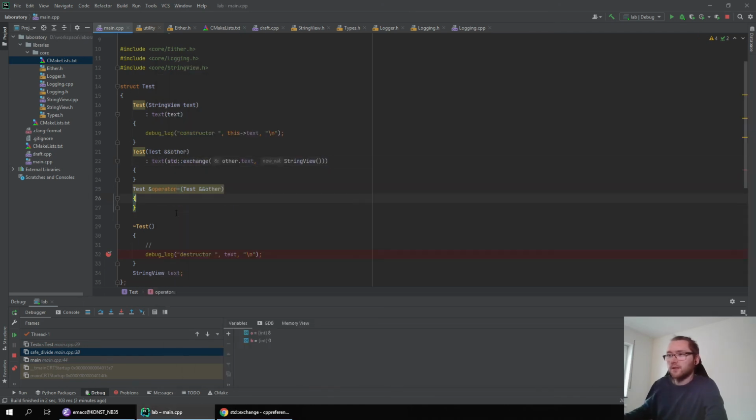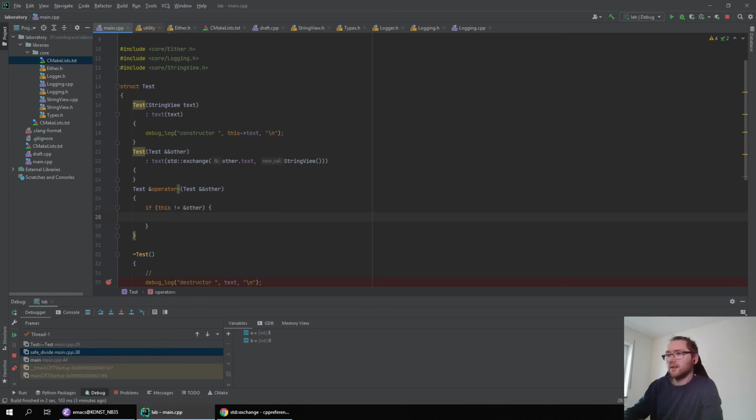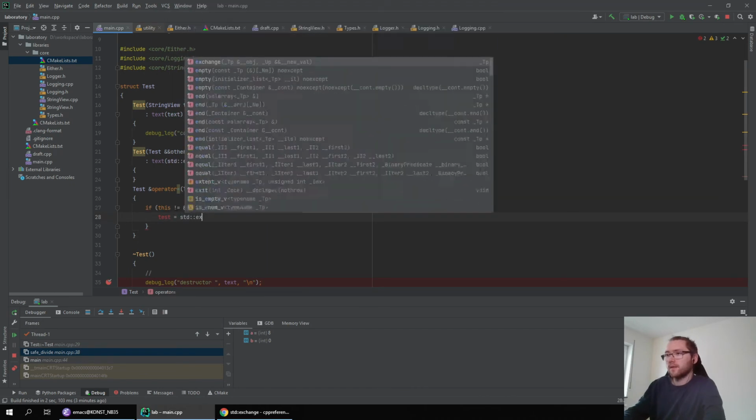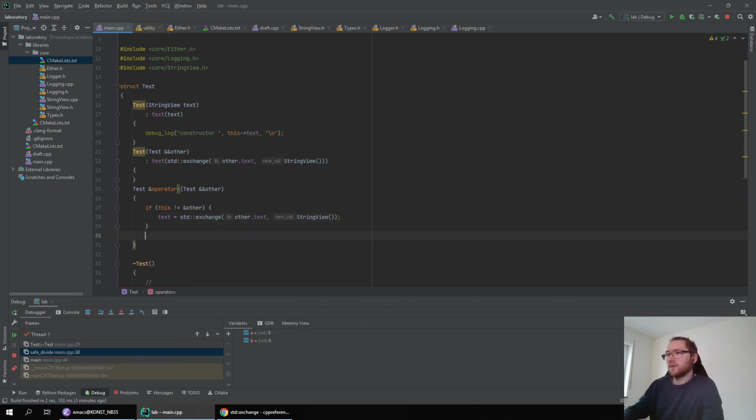So let's just steal some code, I suppose. Then I can just assign it. Yeah, okay. Also the string view. So, and also text both, and then I have to return this. Okay, perfect. So I think that should be it. So now he's crying that he actually wants to be outside. Sure.